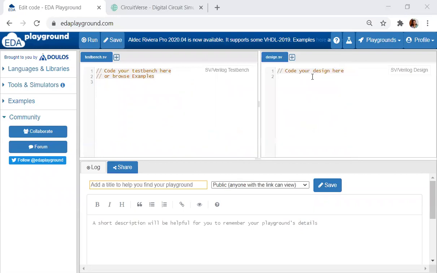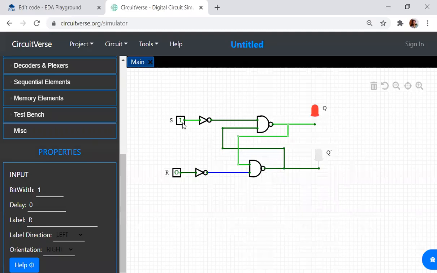Now the first step, I told we are going to write it in gate level model, or the structural modeling style. Now come to the diagram over here. What are the inputs? My inputs are S and R. I have one NOT gate over here, then I have two NAND gates and two outputs. So inputs are S and R, outputs are Q and Q bar. Now for analysis sake, did I take the output Q?